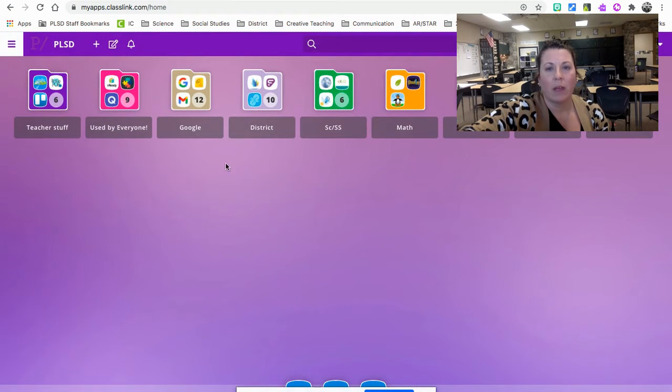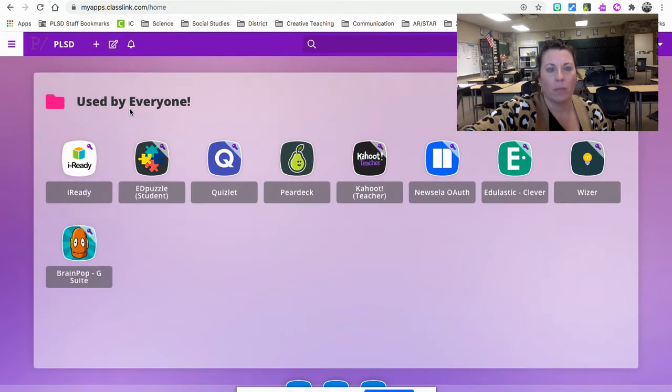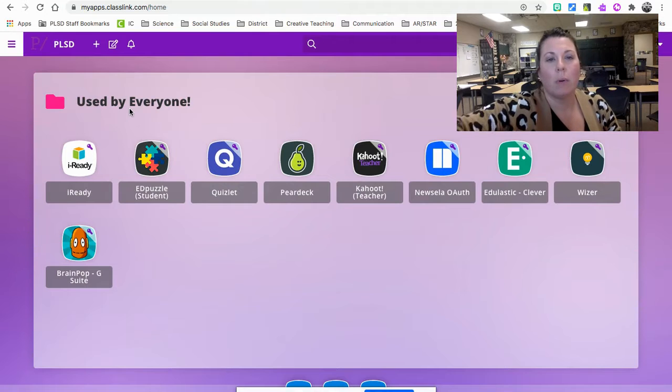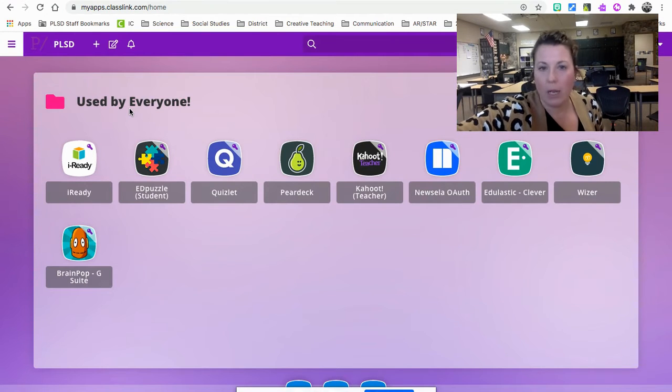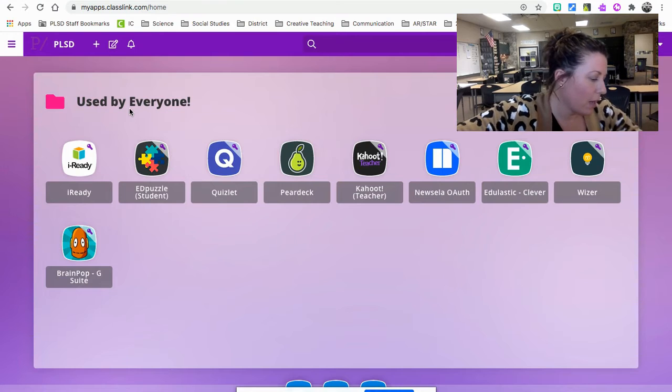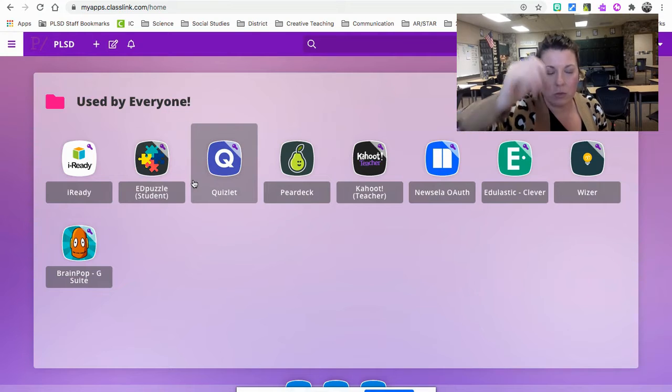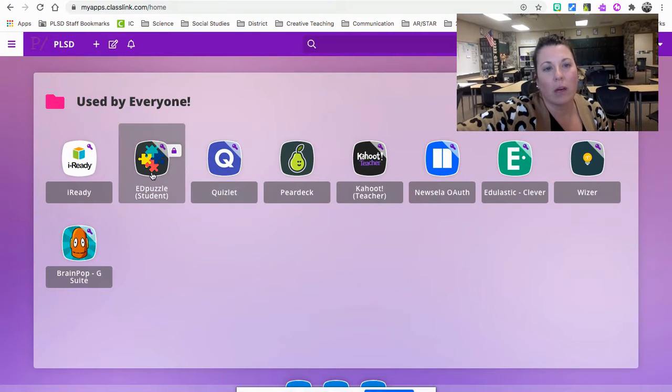All right, and I think I've already shown you this, but typically I work in the used by everyone. And I just go level by level. So for Edpuzzle, I'm going to be looking down at my handy dandy clipboard. So I've got everything here that I need. So what I'm going to do is I'm going to look and see what kids did their Edpuzzles for level 2. So you just click on Edpuzzle,